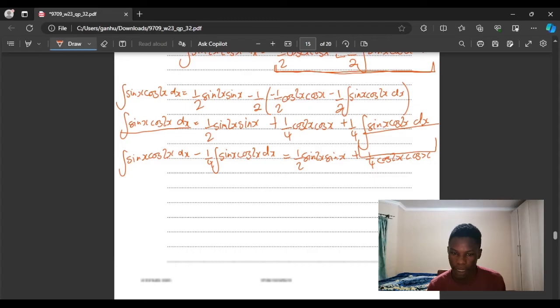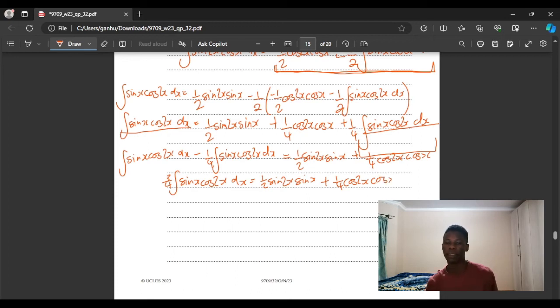So on the left hand side, that's 1 minus a quarter, so that's 3 over 4 the integral of sine x cos 2x dx is equal to half sine 2x sine x plus a quarter cos 2x cos x, and then let's divide both sides by 3 over 4,